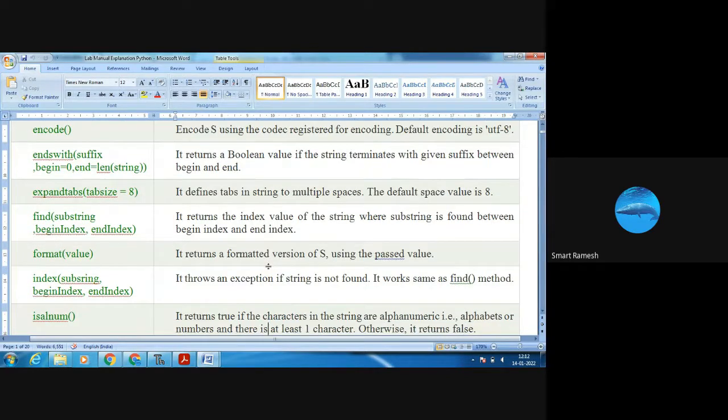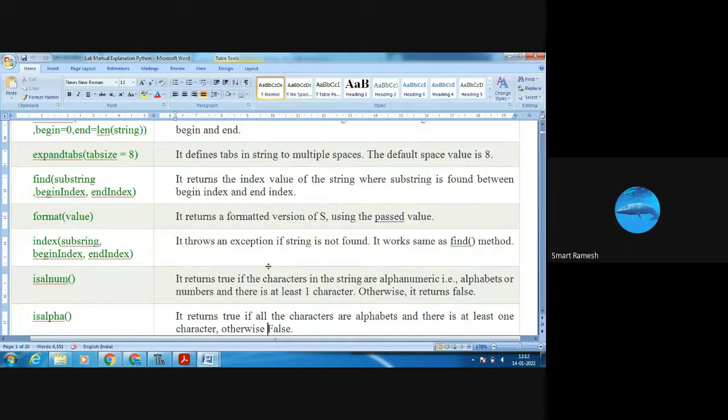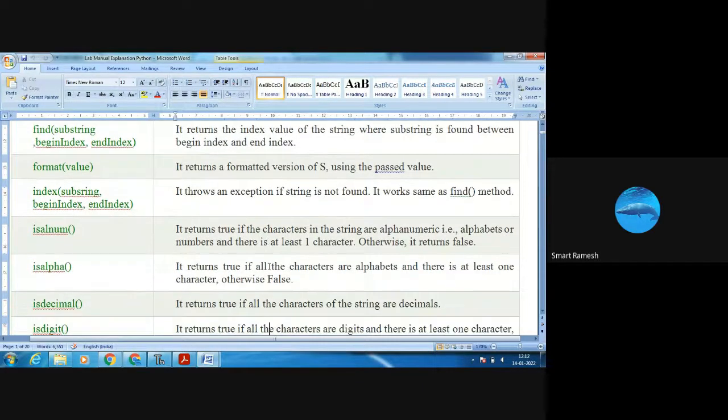Next is isalnum. It returns true if all the characters in the string are alphanumeric. Otherwise, it returns false. Next is isalpha. It is going to check whether all the characters are alphabets. Then it returns true, otherwise it returns false. Next is isdecimal.